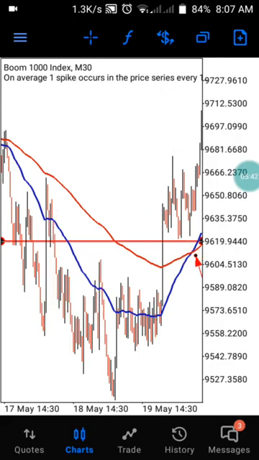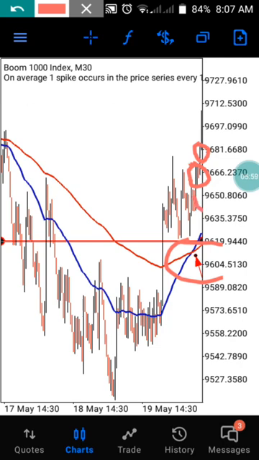So let's see. You see now exactly what I'm explaining to you guys. The same thing happened here. It happened here. So it's happened here, which means this signal is giving us an uptrend in the market. So if you can find your entry around this area, around any area from here,